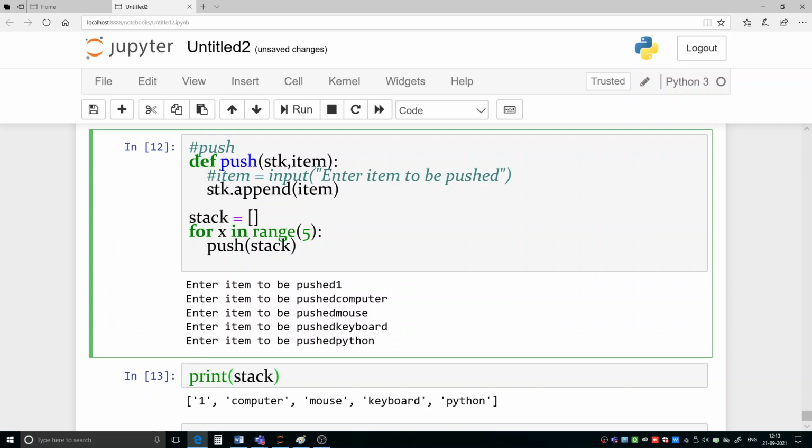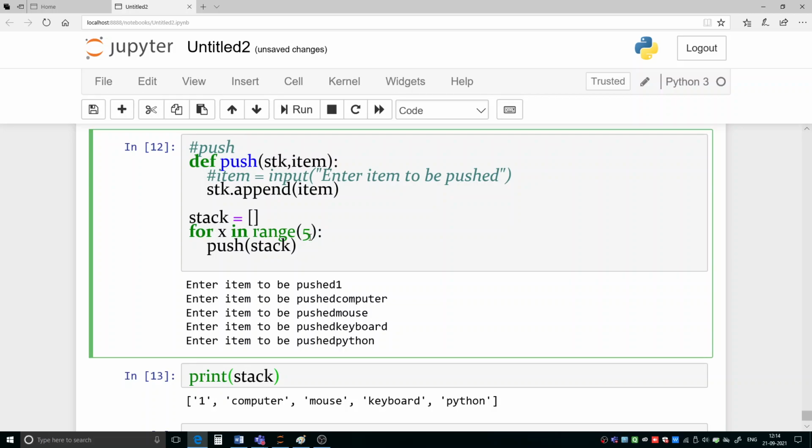Now only a single statement is there inside the body of the function, that is stk dot append, and that item, what item we have passed here. Okay, that is what we need to do. Now here, if you want to collect the element from the user, then this statement you can write while calling the function, or simply suppose you want to push the control variable itself.